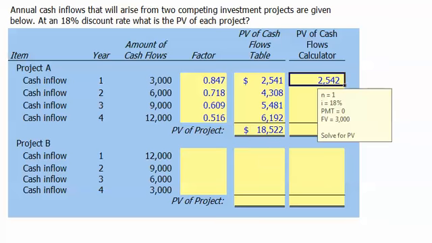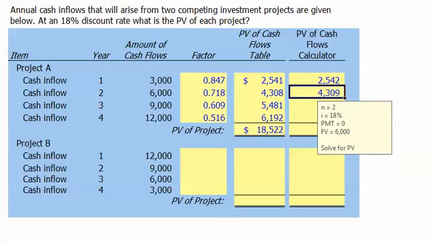Using our financial calculator, we would discount the year 1 cash flow of $3,000 back for 1 period at 18% interest. We'll enter n equals 1, 18 for the interest rate, 3,000 for the future value, and solve for a present value of $2,542. The year 2 cash flow, we will enter n equals 2, 18% for the interest rate, and now $6,000 will be the future value, and we'll solve again for the present value and get